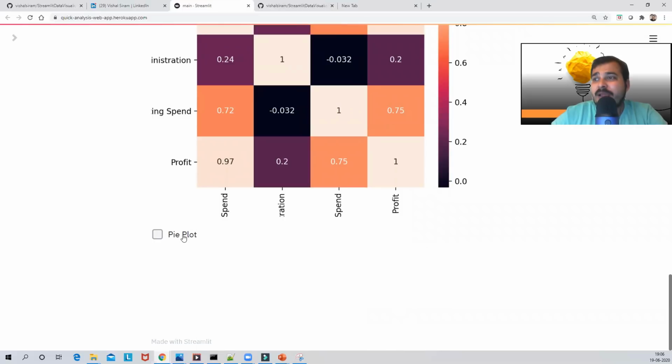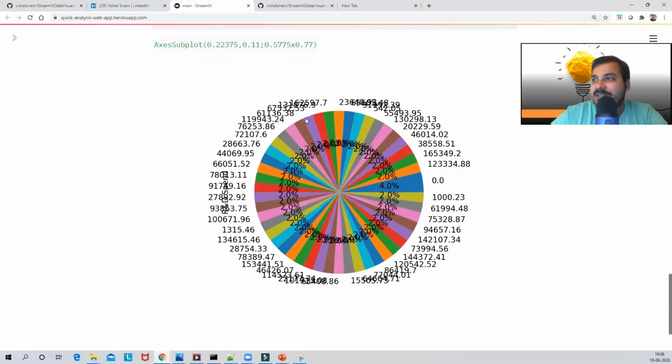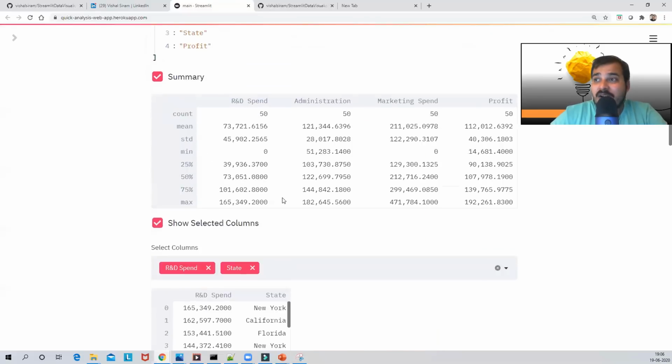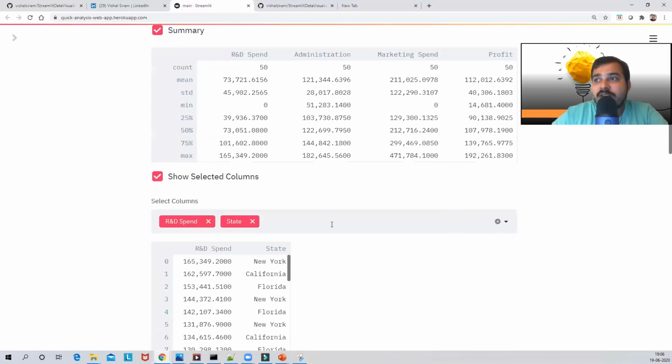He has also done the PyPlot, but I think PyPlot does not display the data properly. This is how it gets displayed. Again, this definitely needs to be improved. You can add a lot of functionalities apart from this, but you can see how lightweight it is. One more issue that I faced in this application is that if I try to upload a huge dataset, it works a little bit slow. Obviously it will work, but we can make it better. So definitely try to add more functionalities here.